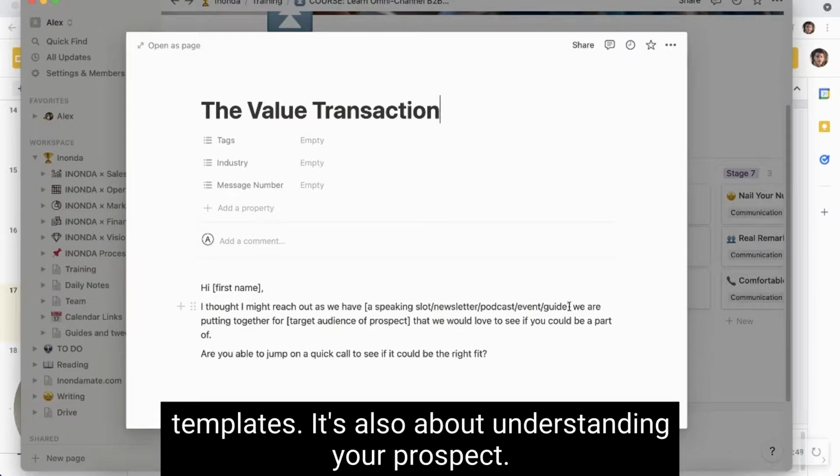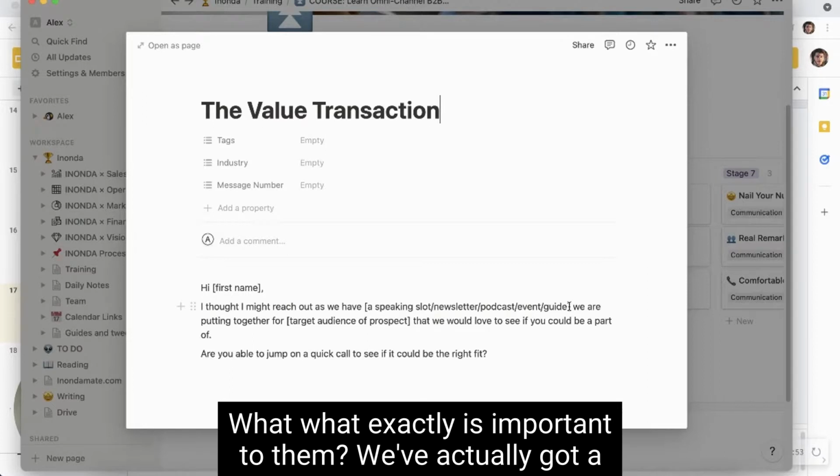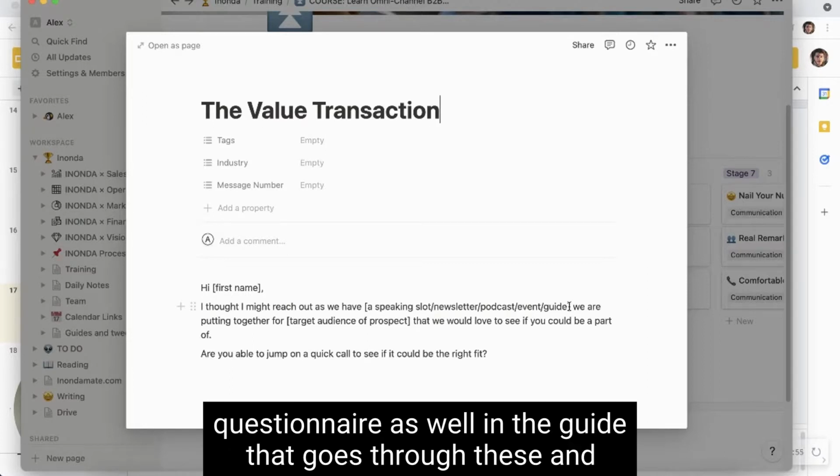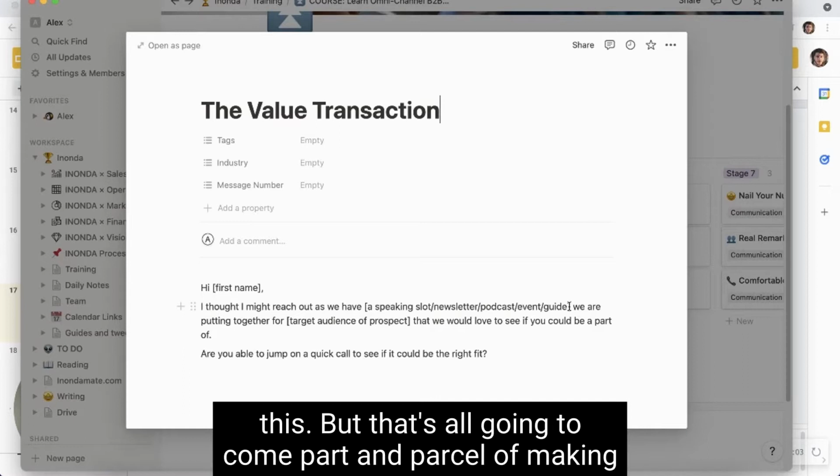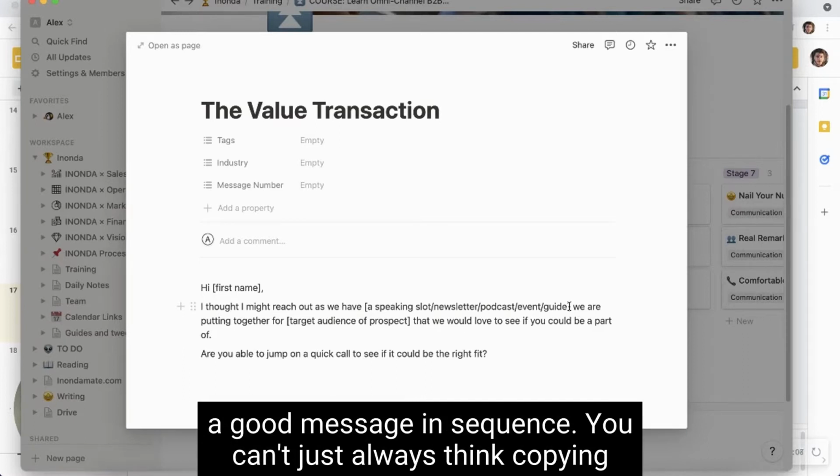It's also about understanding your prospect, what exactly is important to them. We've actually got a questionnaire as well in the guide with questions that you can ask yourself to go through all of this. But that's all going to come part and parcel of making a good messaging sequence.